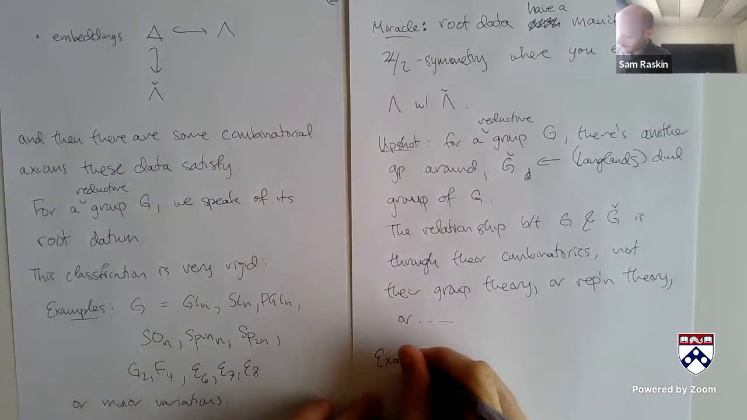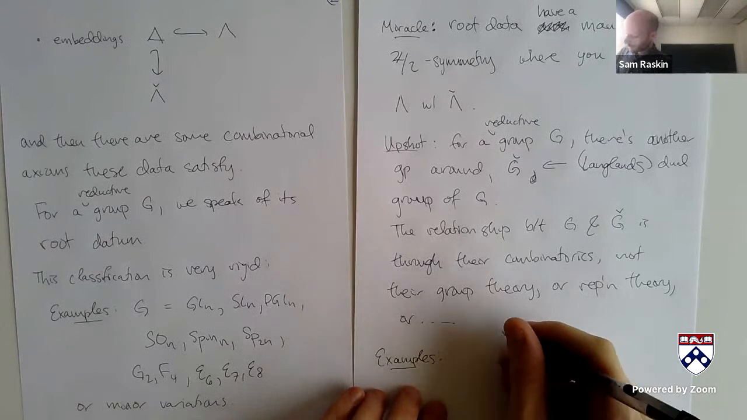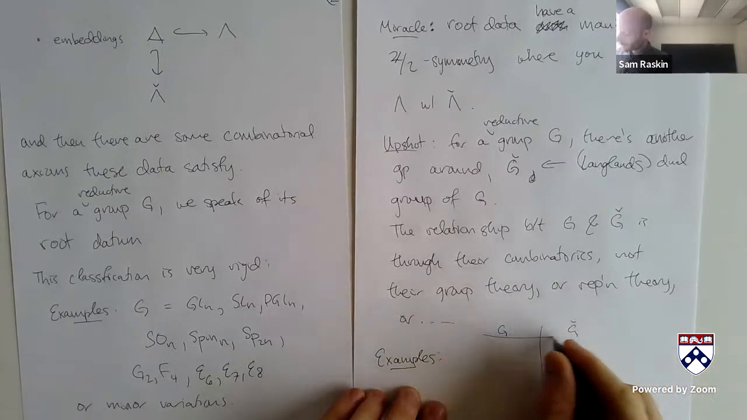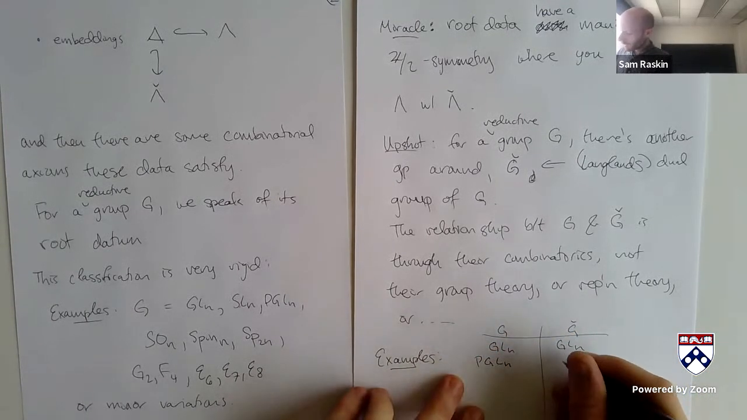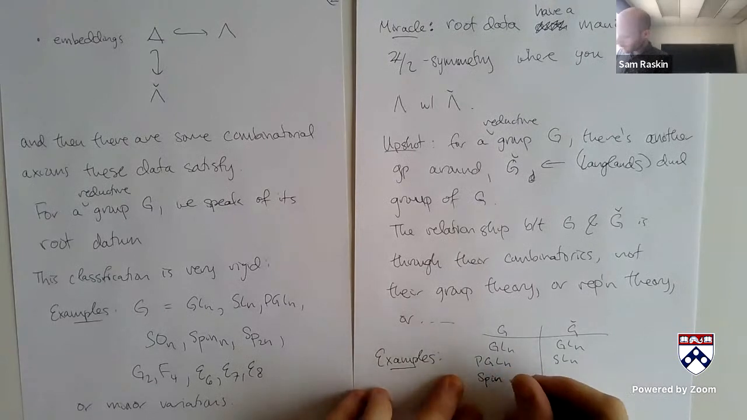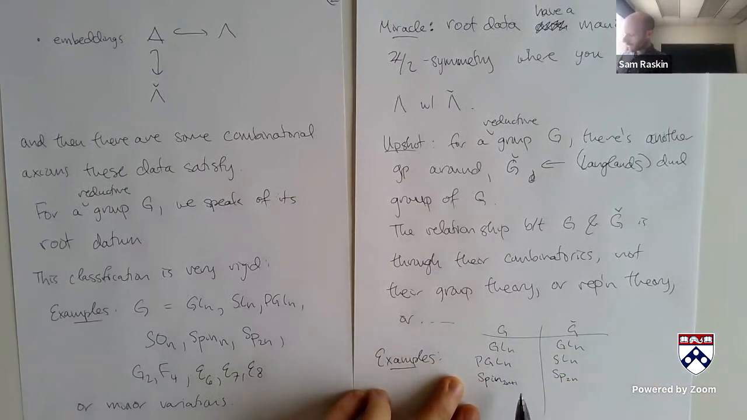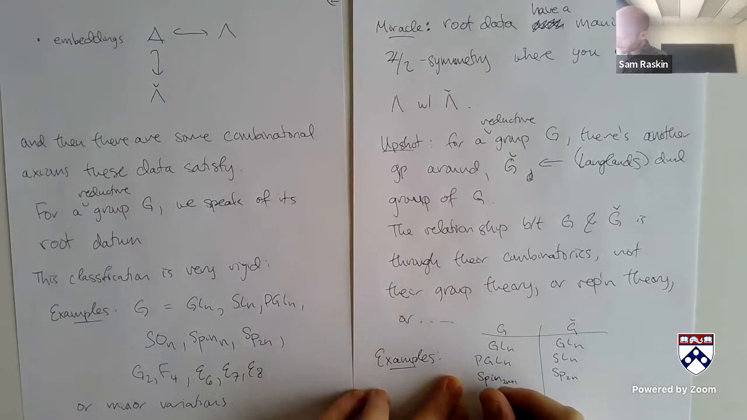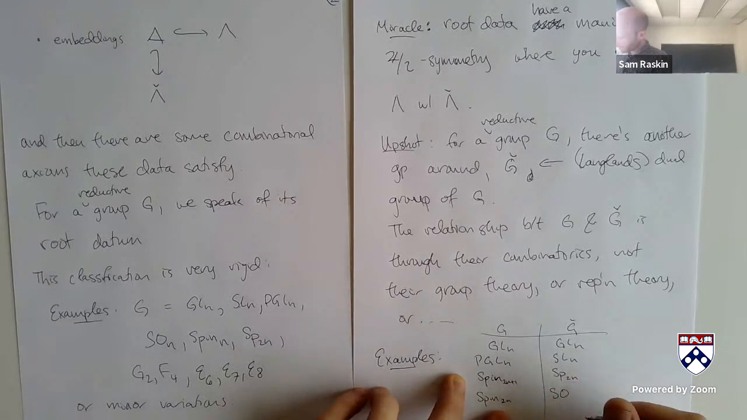Sorry, I should quickly give some examples. So G and G check, just very briefly: the dual to GLN is again GLN, the dual to PGLN is SLN, the dual group to an odd spin group is going to be an even symplectic group, and hopefully I have those numbers right. And the dual to an even spin group is going to be an even orthogonal group,